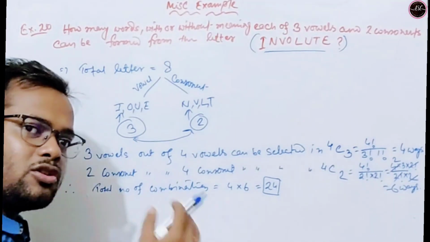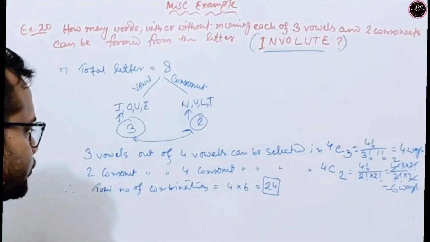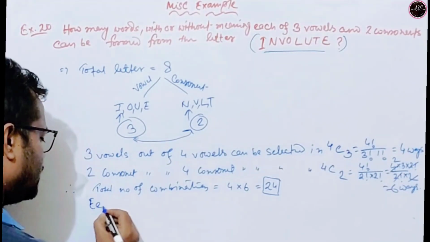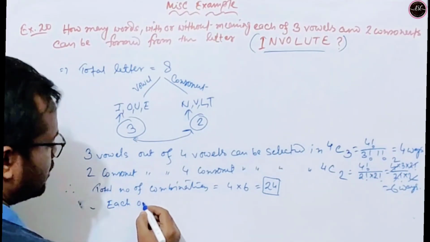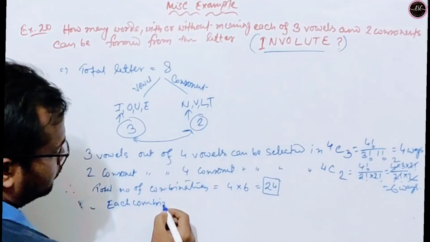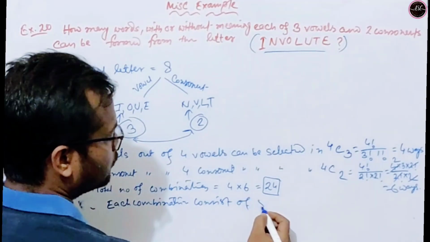In each combination there are 3 vowels and 2 consonants, so 5 letters. Each combination consists of 5 letters